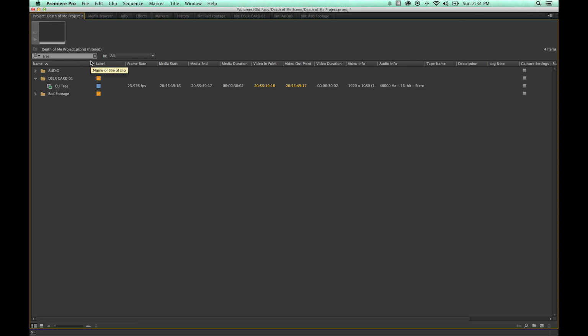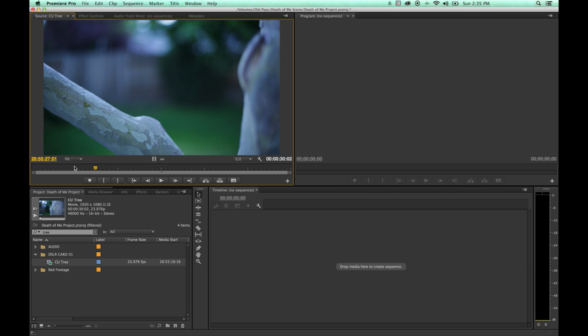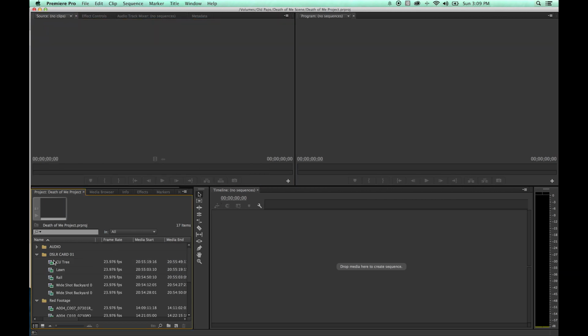What you've got to remember though, when you're done, is you'll suddenly start trying to find your footage and it's not there anymore. You've got to remember, oh, this is in search mode, so you have to hit X to clear this, and it will clear it and bring everything back. But if you're trying to find some media quickly, just type it in and it will find the footage. There's a close-up tree, just double click on it and it loads it into the viewfinder there. So there we go. Okay, one more little thing here to cover